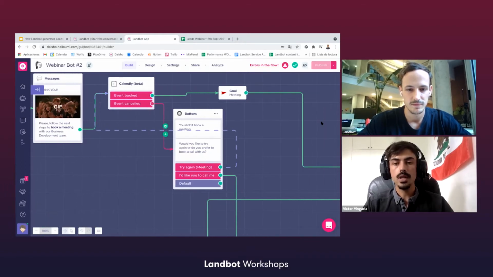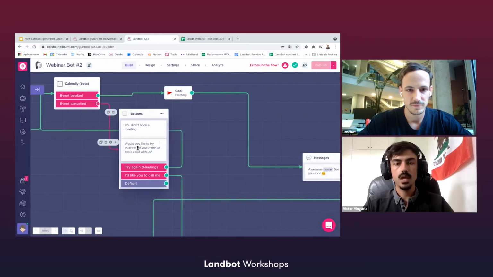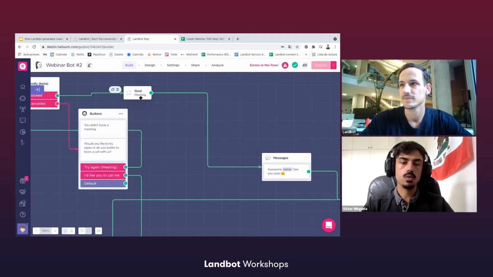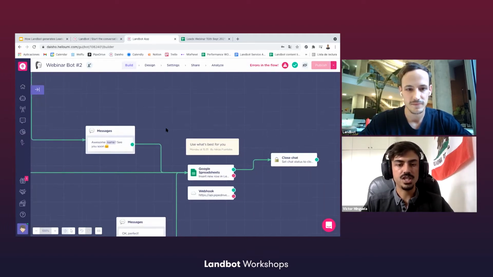mentioned as well. And that would come back to buttons if, for example, the event was canceled for whatever reason, and we can reroute the client to book the event as well. I'll be talking now about the goal block, which is super important for qualification, but let me show you how the bot finishes this.